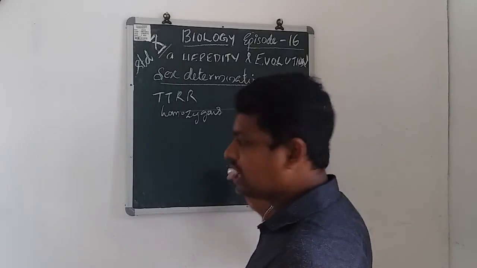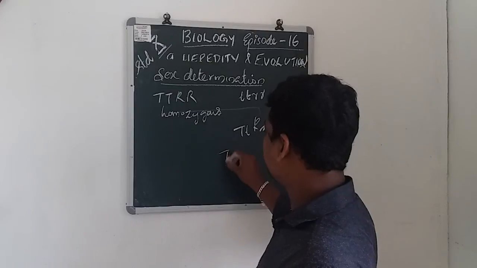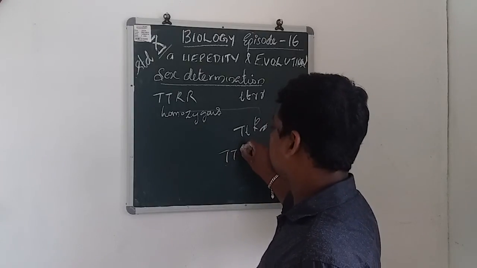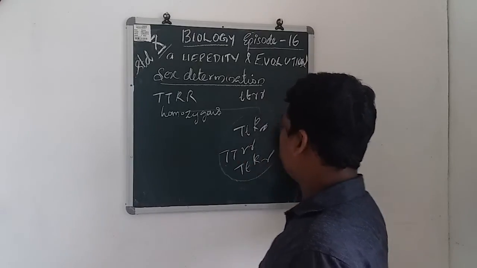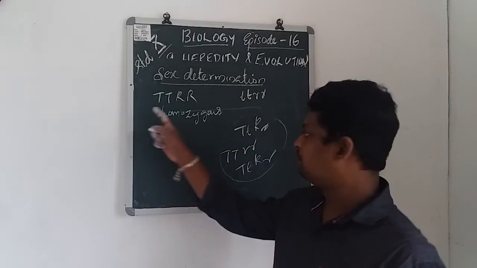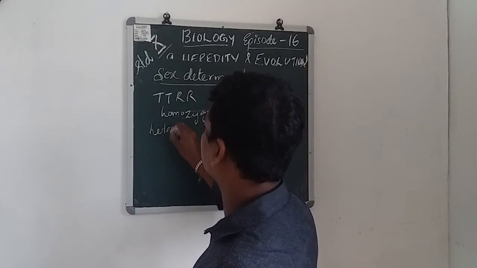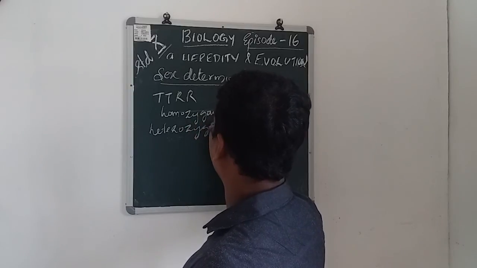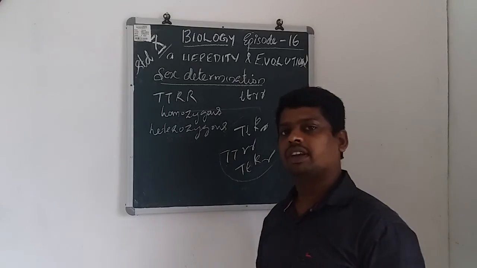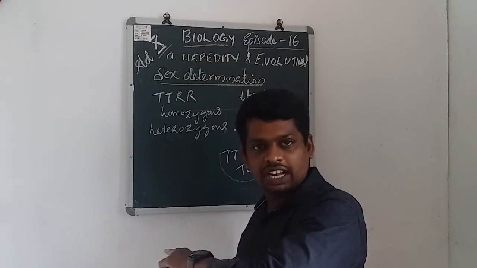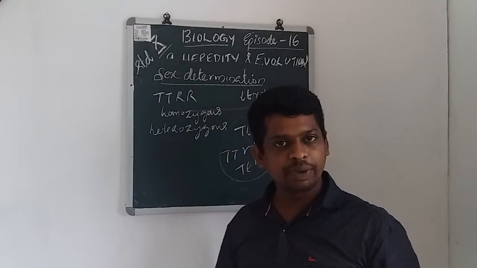But otherwise, the other one, capital T, small t, capital R, small r, and the capital T, small r, and capital T, small t, capital R, small r, all are changes. Both are not the same. That is known as the heterozygous. Let's see your work. You find in two charts the homozygous pairs and the heterozygous pairs.